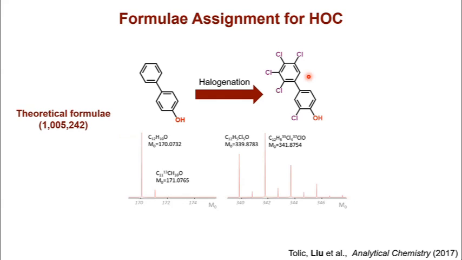Because of the unique natural abundance of halogens, in this case mostly chlorine and bromine, an originally non-halogen compound has one major peak, and the C13 peak is really low in a high resolution mass spec in a complex matrix. This peak sometimes is not visible, so usually you just see one big peak. As it starts to get halogenated, you start to get a very diagnostic isotope pattern. So we can use that along with exact mass to confirm, at least,